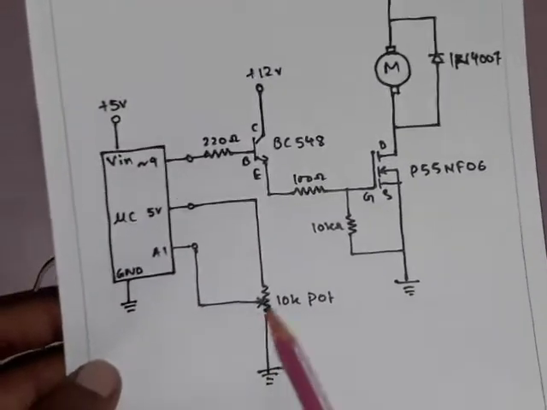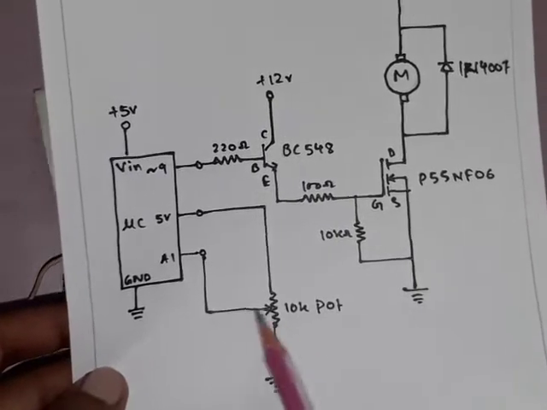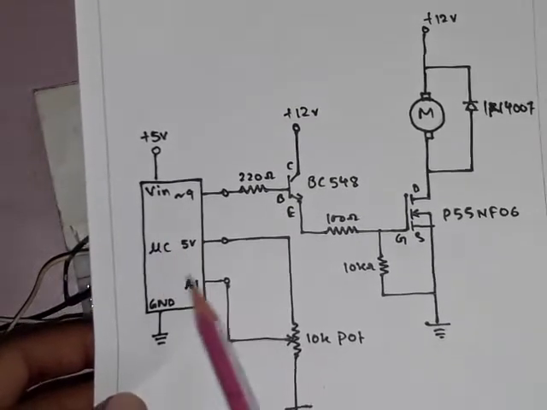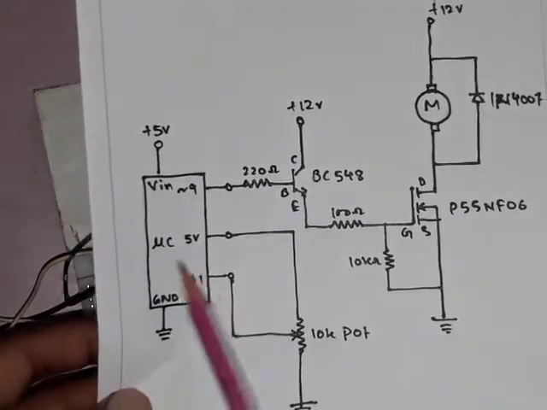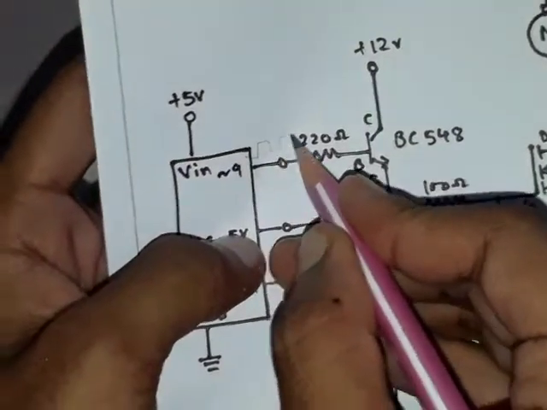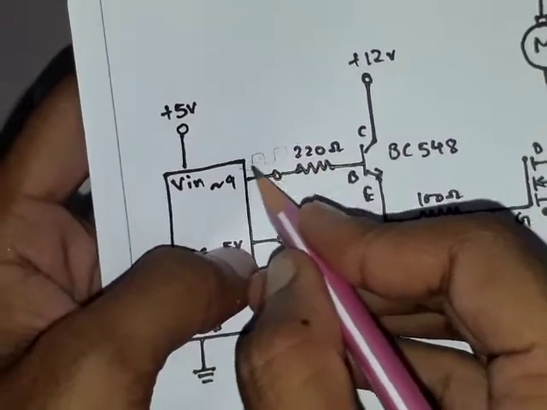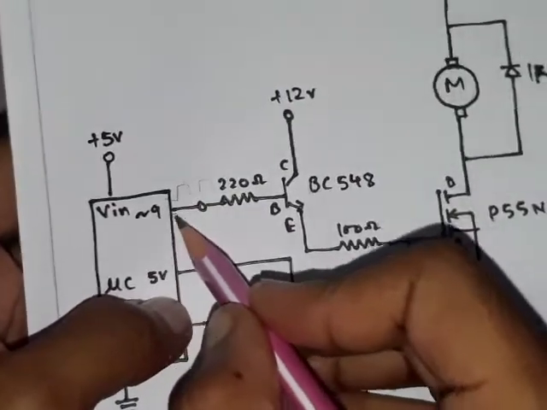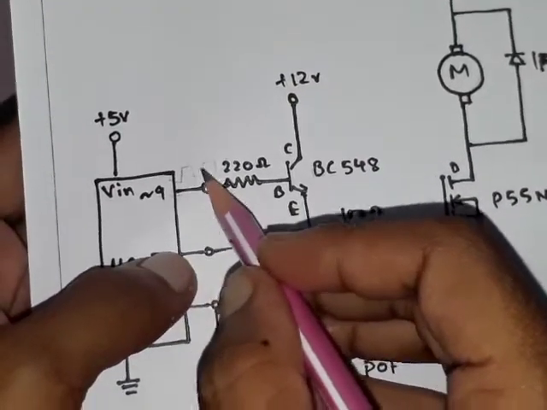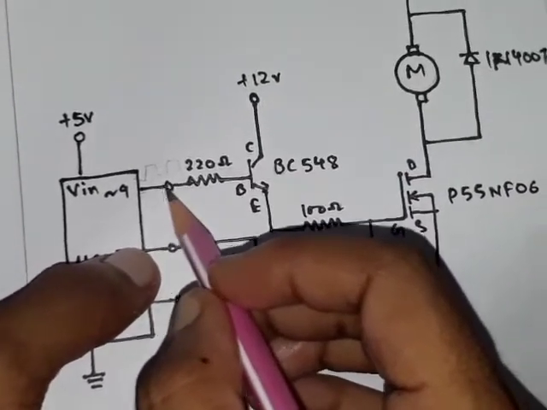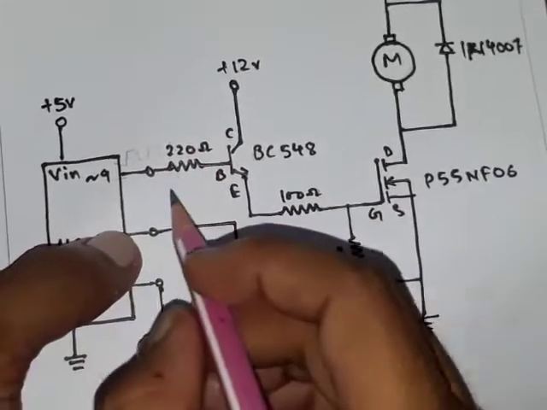See, as I'm changing the knob of the potentiometer, the signal is read by the microcontroller from analog pin 1, and the program is executed inside the controller, and the PWM signal is generated, the pulse width modulated signal, like this. The pulse width modulated signals with controllable duty cycle are generated from this pin 9. Okay, so as the duty cycle changes, its average voltage changes,